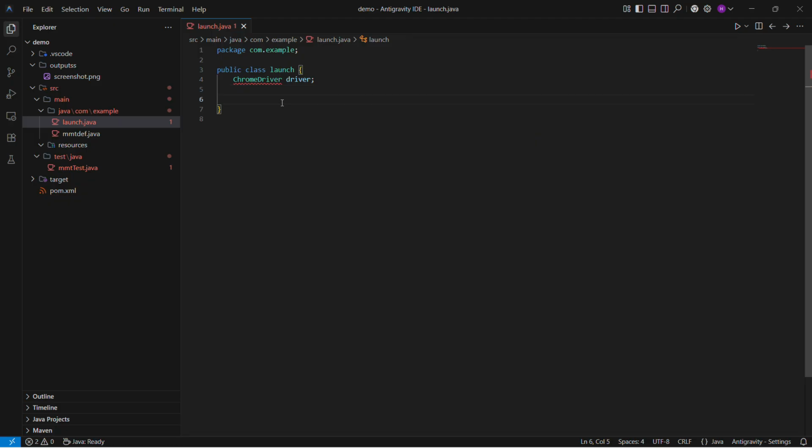Now for every task in Selenium, we need to create a method. So for launching the browser, we need to create one method, public void launchBrowser. Okay,